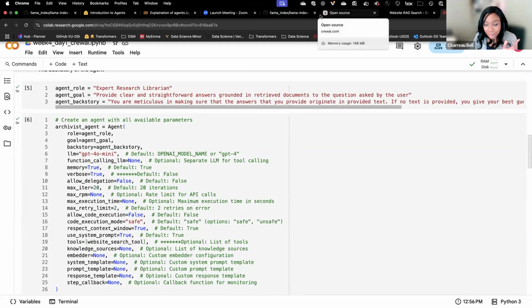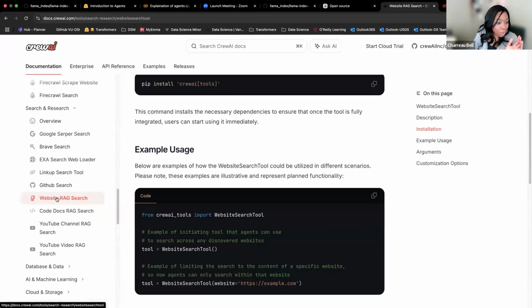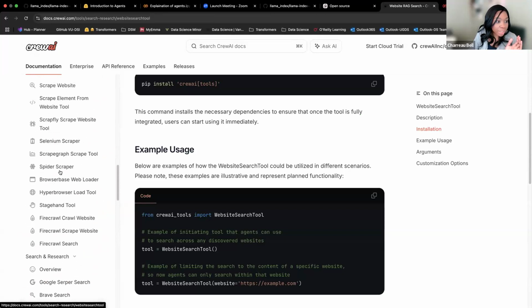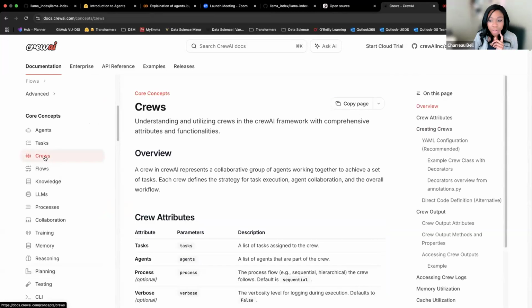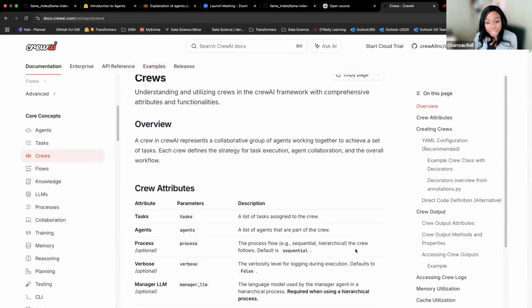On Friday, we will get into this more. Specifically, we will talk about what it is to actually leverage the crew part. With crews, you can have multiple agents and multiple tasks. With your agents, we can choose how we want to orchestrate them.